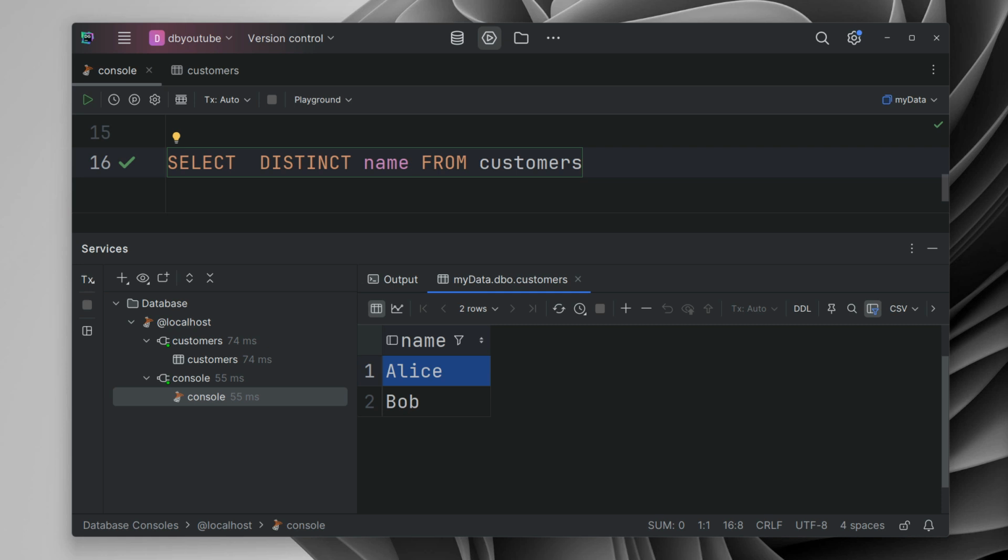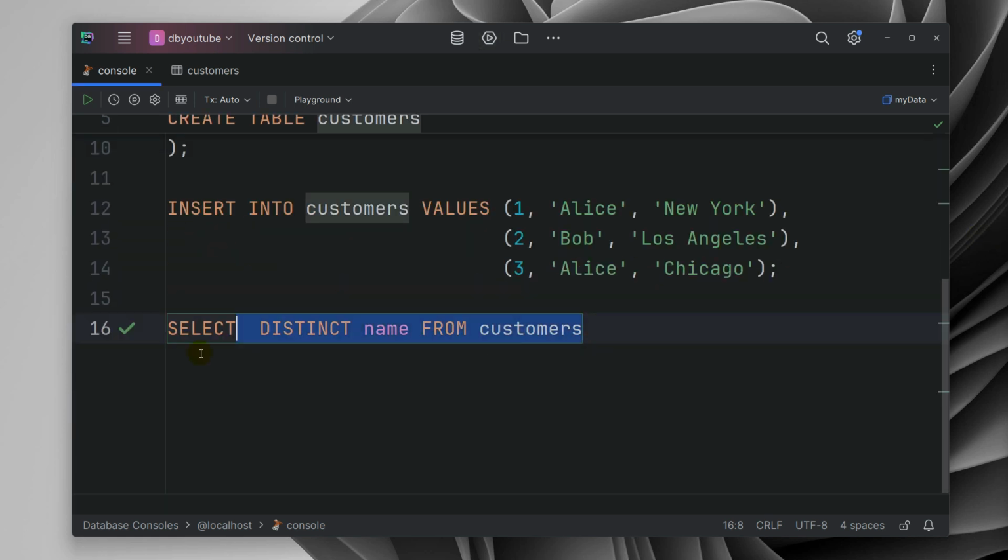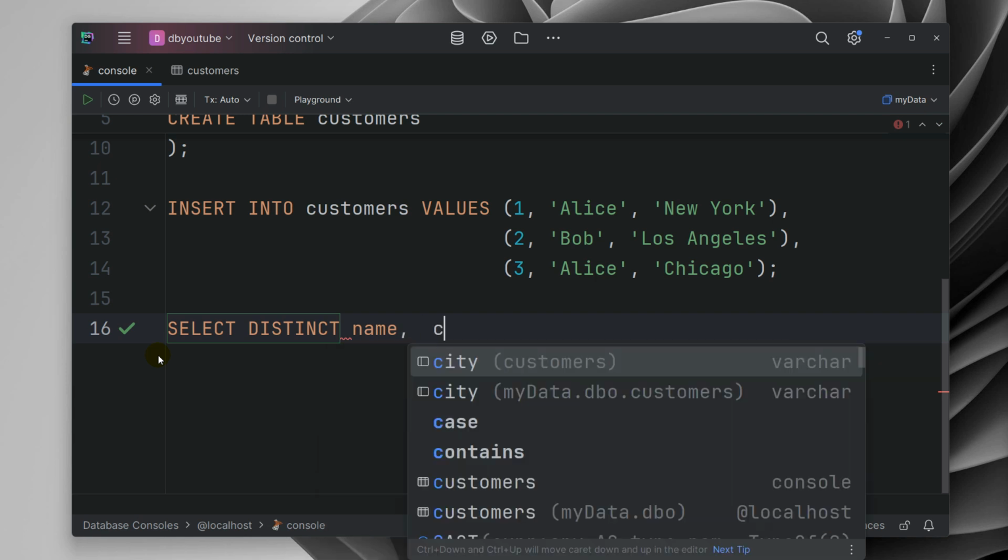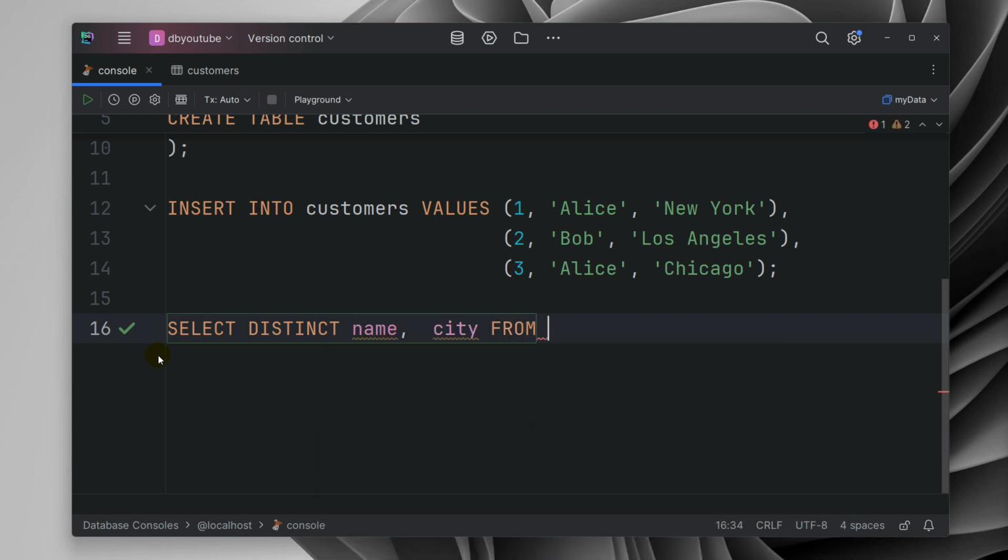So let's have a quick tip. You can also combine distinct with multiple columns. For example, if you want a unique combination of name and city, we can run this command. Let's have a look. We can run select distinct name and city from customers. This will consider both columns together to determine uniqueness. And now if I run it, you can see